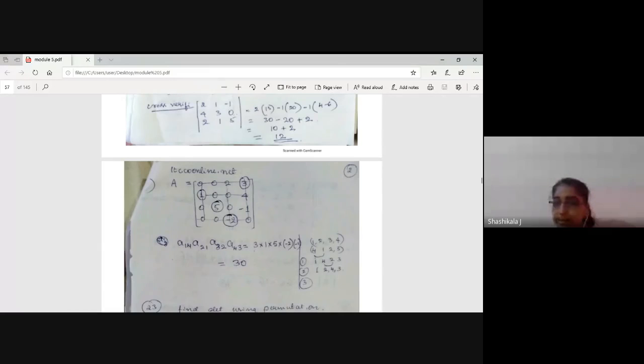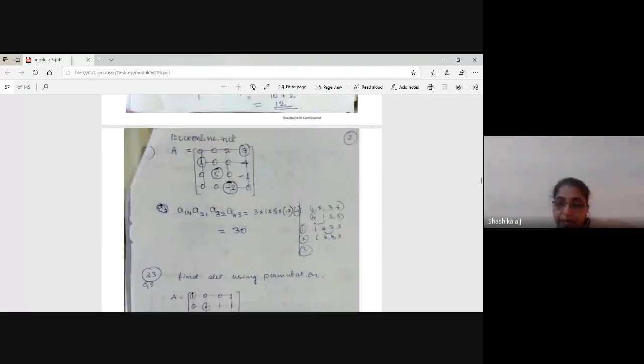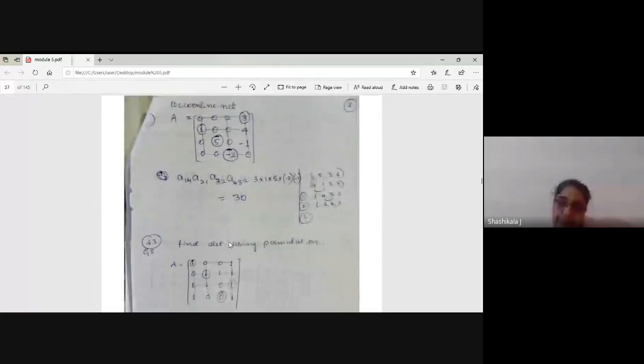Yes, any other answers? Have you done it? Has anybody got 30? You see this? How I have got this? Here the only possible combination is that I have to take this and this, or I have to take this and this. If you go by this method also, you will leave this row and this column, and take the other combination, and the plus into determinant P plus another this you have to take. Please do it.